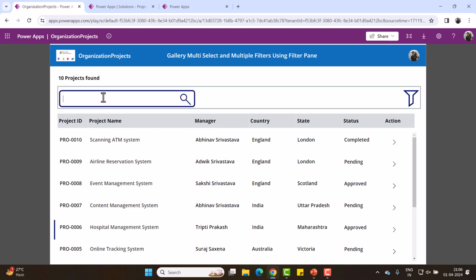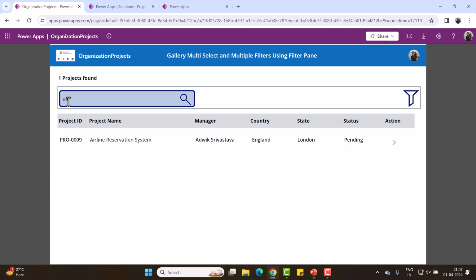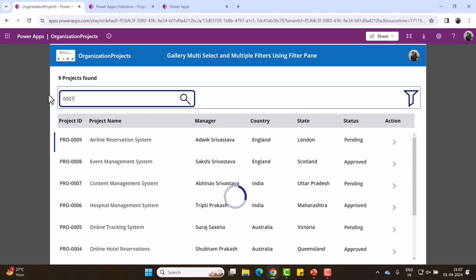Now if I want to search all the projects in which management is there, you are seeing that 6 projects have been found. If I want to search all the projects which have air, only one project is there, the airline reservation system. I can also apply a filter on the basis of project ID. Suppose I want to search a project which has the project ID 7, then it comes out as 7.